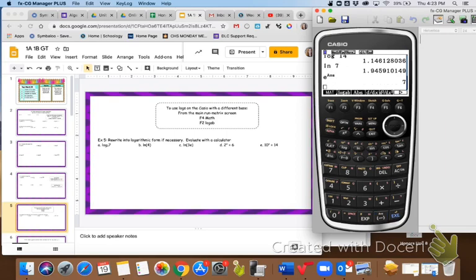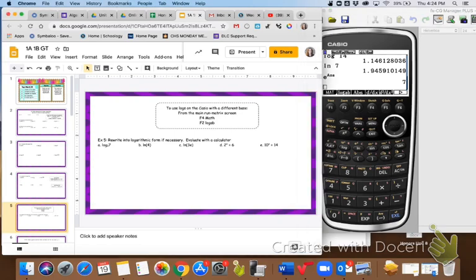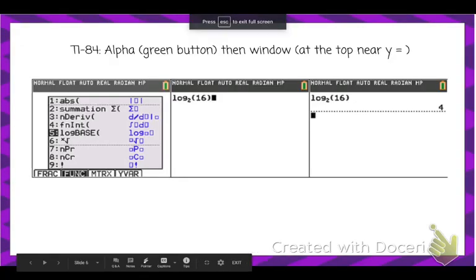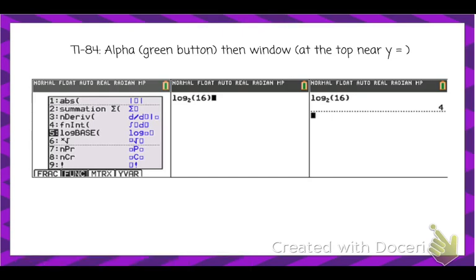All right, now I know there are a few of you who are using TIs. If you're using TIs, you do have a log base as well. The way you get there is you do alpha and then window. So alpha is that green button, and Window is at the top over near y equals. You're going to get a menu that looks like this, and you'll see log base. Once you use that, then you'll be able to type in your base and your